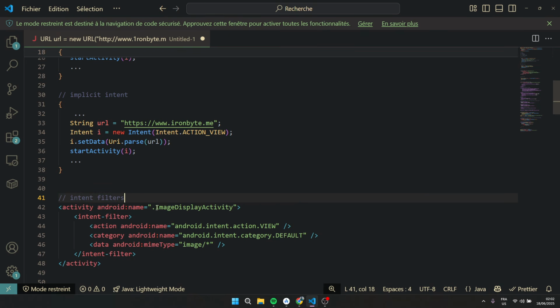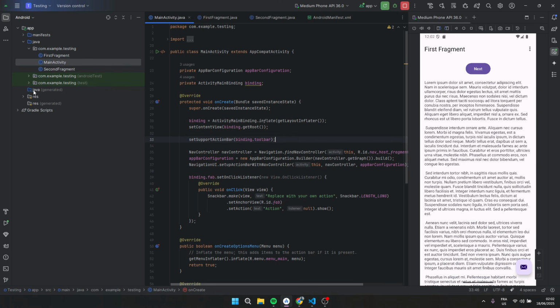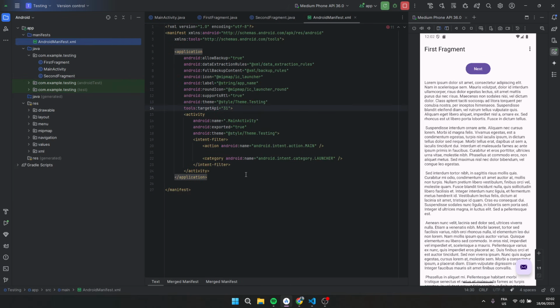For example, we have this Android intent filter, where it's going to be treating the action.VIEW and the default category, and any kind of images can be used by this application. There is another thing that we should care about inside of the application, which is the manifest. The Android manifest, guys, is a really important thing to check out whenever you are trying to understand how Android applications work. We will see that a lot, especially when we go into the practice side.